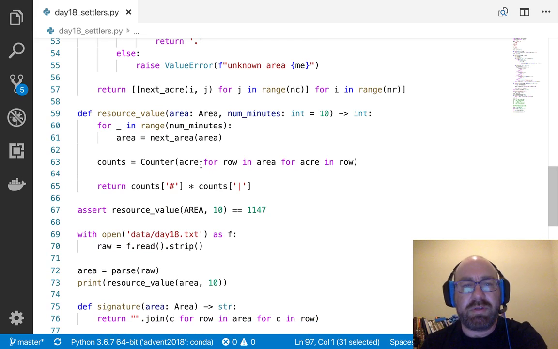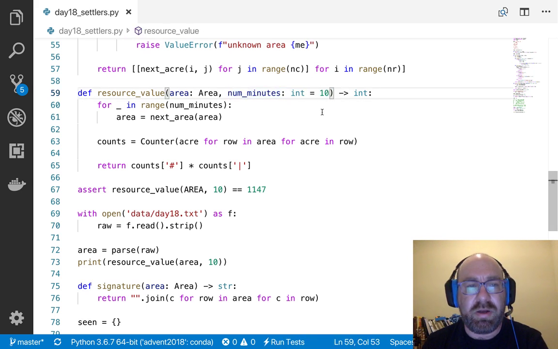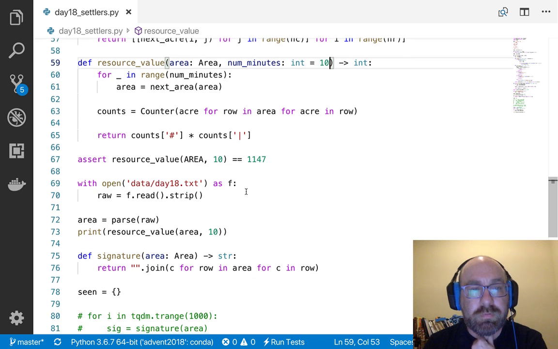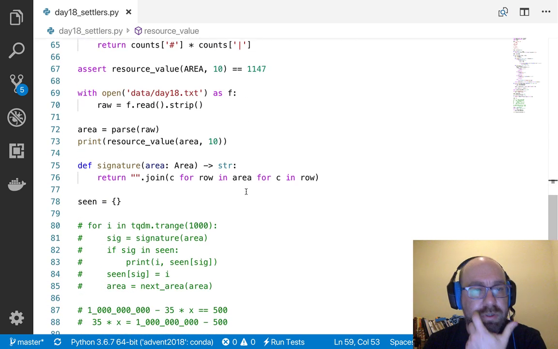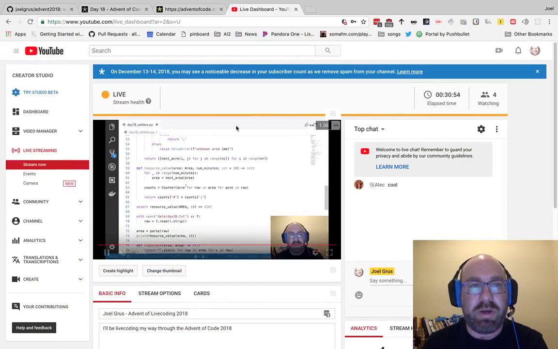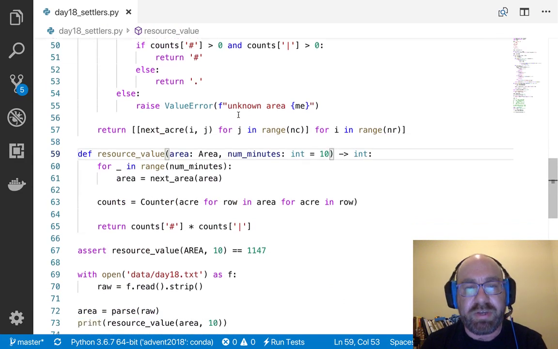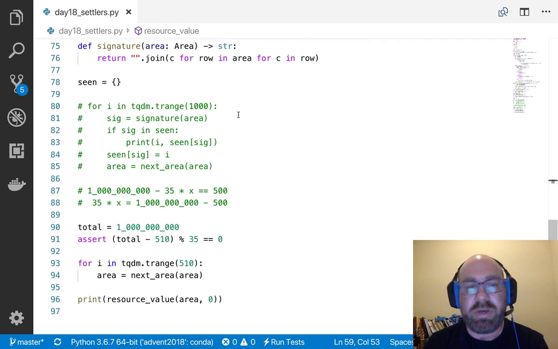Three, this turned out to be a really stupid design to put this num minutes in here. I should have not done that because I ended up screwing myself later. Then again, this is one of those things where if you had tried to run this for actually a billion time steps, it would have never finished. So you had to think outside the system and say, let's look for it to repeat itself.